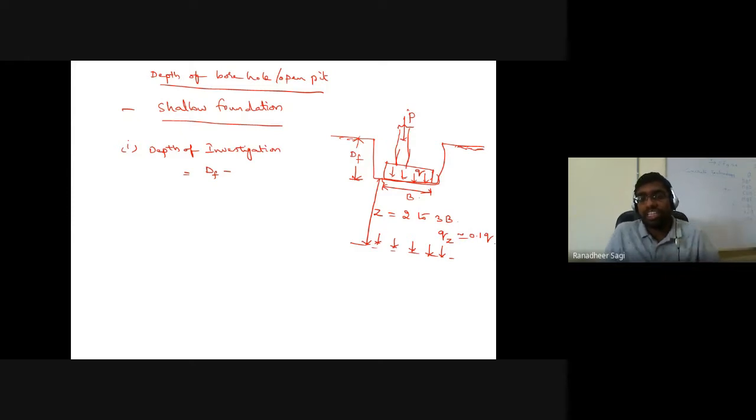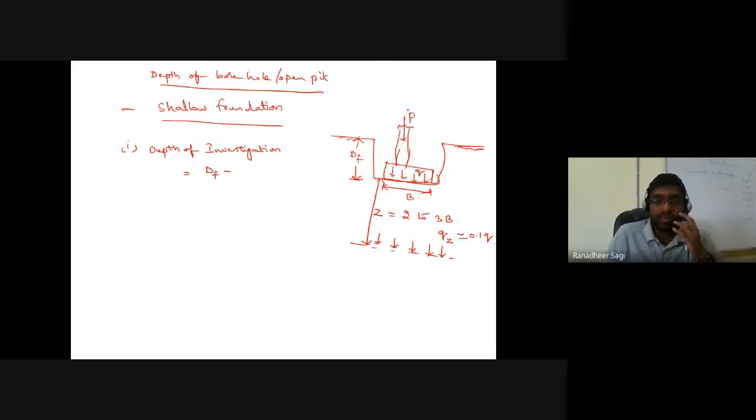Whenever the stress developed in the soil at a certain depth below the footing becomes 10% of the original stress you have transferred through the footing onto the soil, then till that particular depth we should surely understand the condition of the